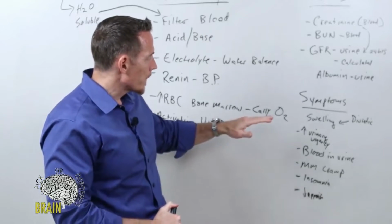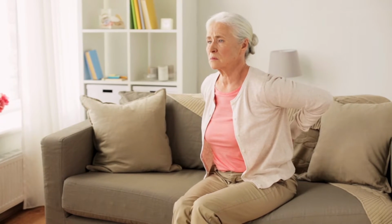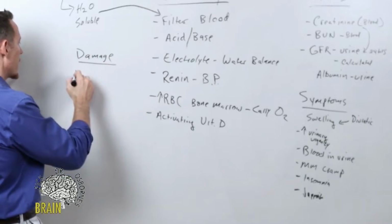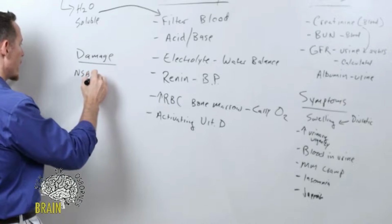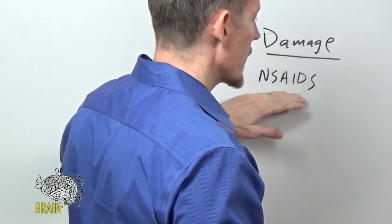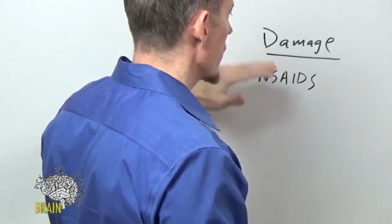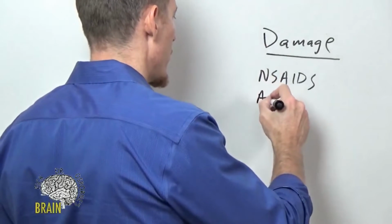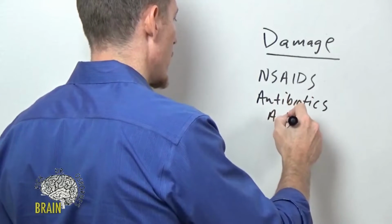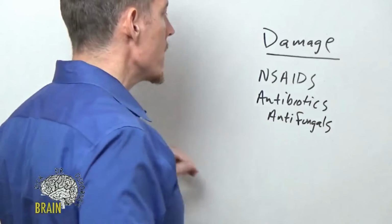So there are a number of different things that can cause direct damage to the kidneys. Let's make a column over here. And one of them is pain medications, non-steroidal anti-inflammatory medications. So if you're taking ibuprofen, for example, it has to be metabolized out by the kidney. Unlike many other drugs, a lot of drugs are metabolized by your liver. Some drugs are metabolized by your kidney. Some of those include certain types of antibiotics. Certain types of antifungals are metabolized by your kidney, and non-steroidal anti-inflammatories for pain and inflammation are metabolized by your